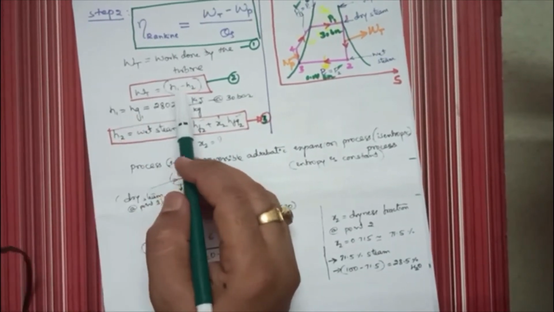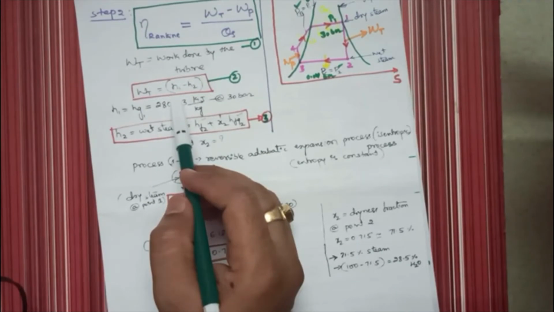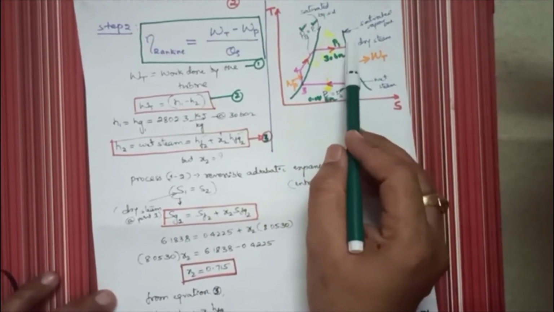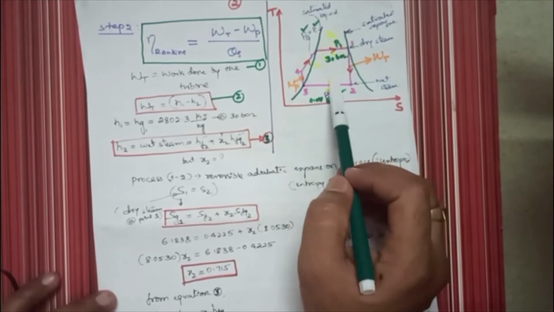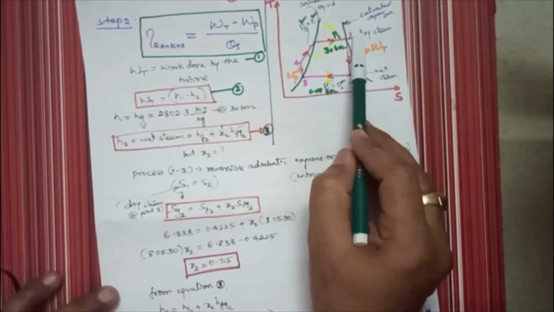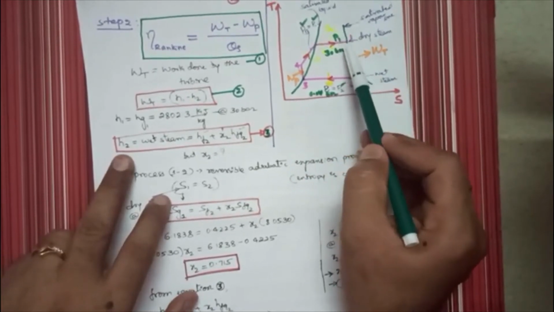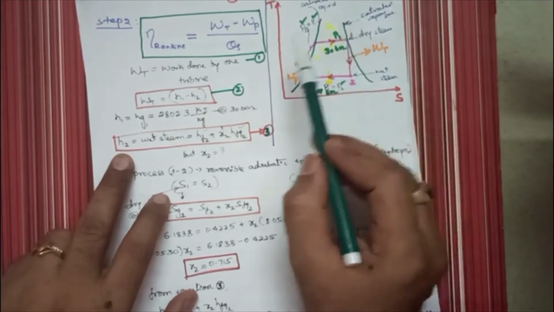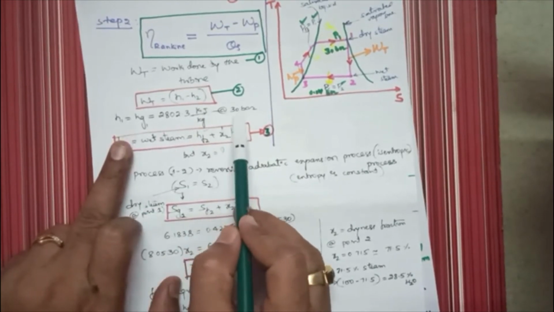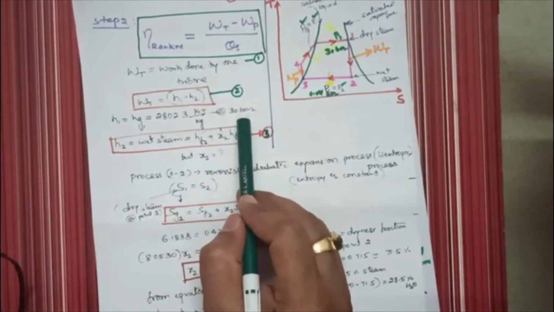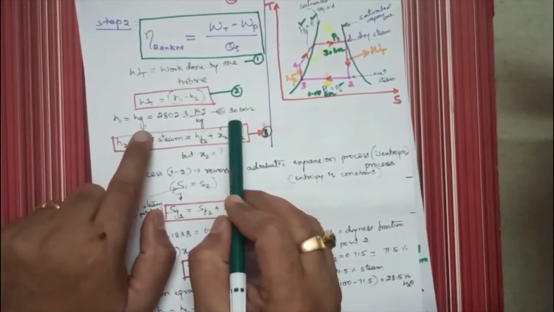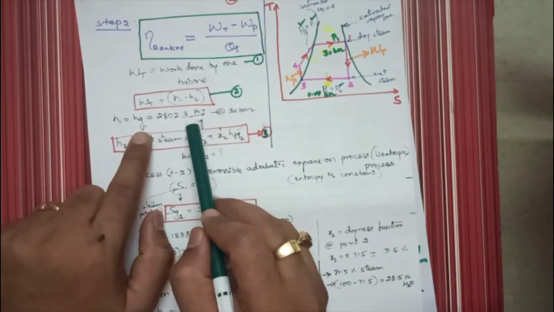And when we were discussing some hints, what was the third point? Calculate all enthalpies: the enthalpy at point number 1, 2, 3, 4, all points. So first I will calculate the enthalpy at point number 1. Point number 1 is dry steam, so you will get it directly from the data handbook. At 30 bar pressure, the value of enthalpy at point number 1, that is Hg, is 2802.3 kilojoule per kg,